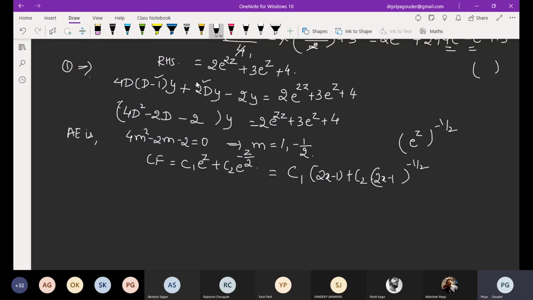So you can take it even here in terms of x. Hope the step is clear. e raised to z is 2x minus 1. So I'm raising the power by minus half so that it balances like this. Now PI is 1 upon f of D into phi of x. Just see how many terms you have. Isn't it all are different? They may belong to first case, but all are different here. So treat it as 3 different terms.